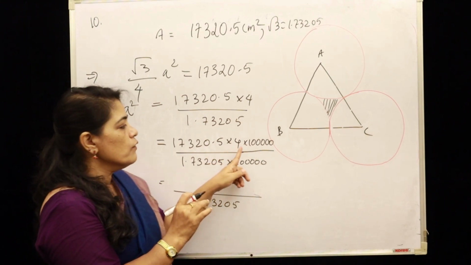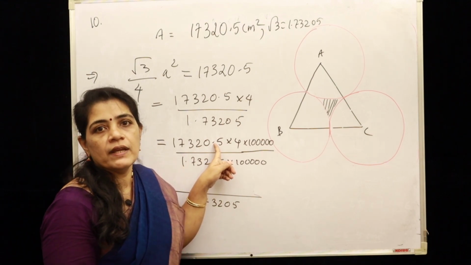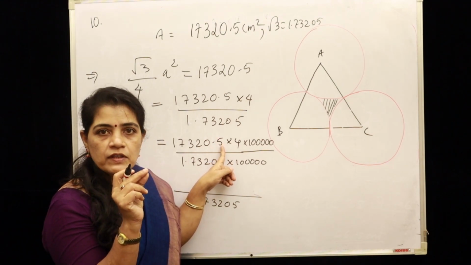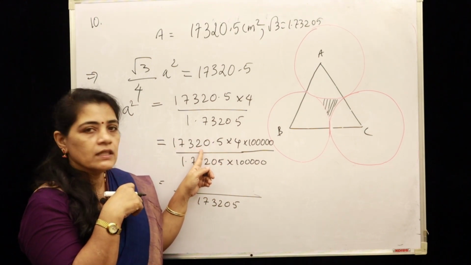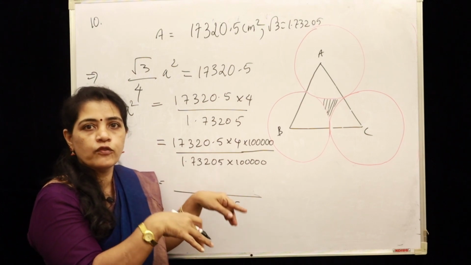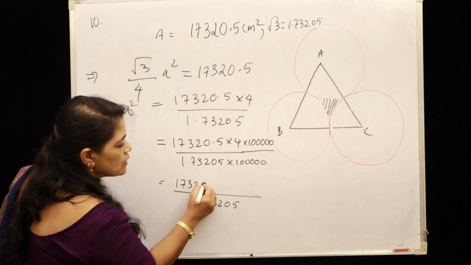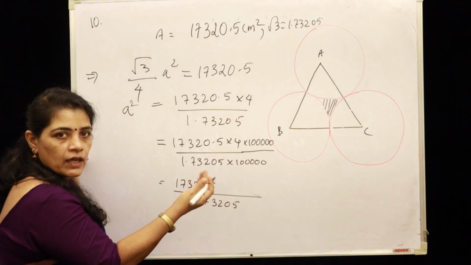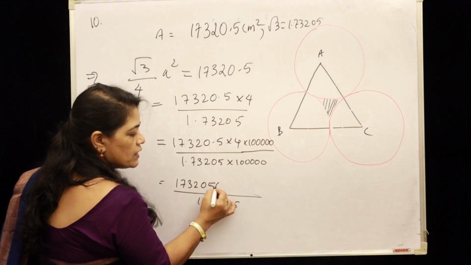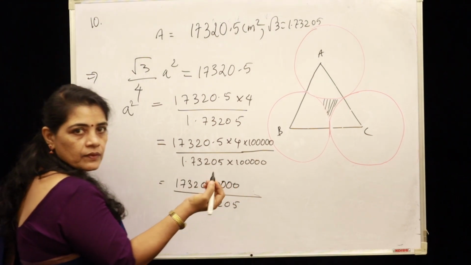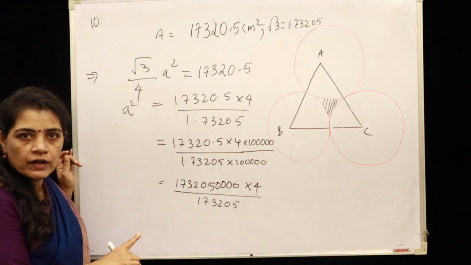So we have to shift the decimal point to the right side by 5 places. Already one decimal digit 5 is there, so we have to add 4 more zeros along with this 17320, into 4. That is 1732005. We have included that 5 in the whole number place, and 40, that is why 40 comes, into 4. I hope this step is clear to everyone.